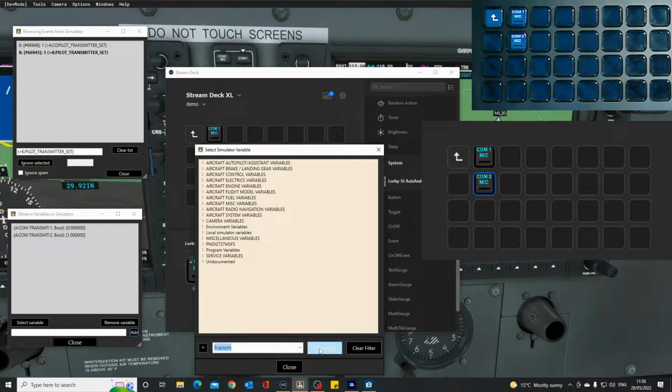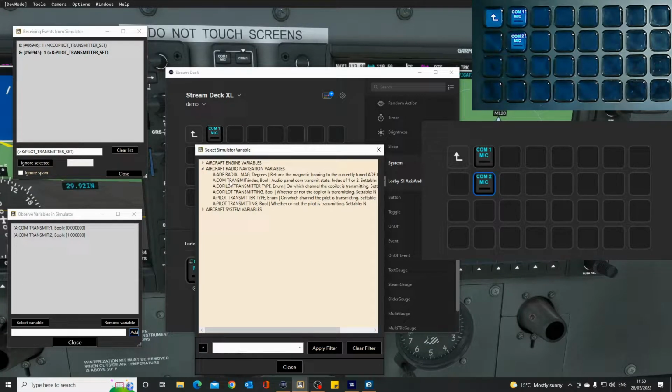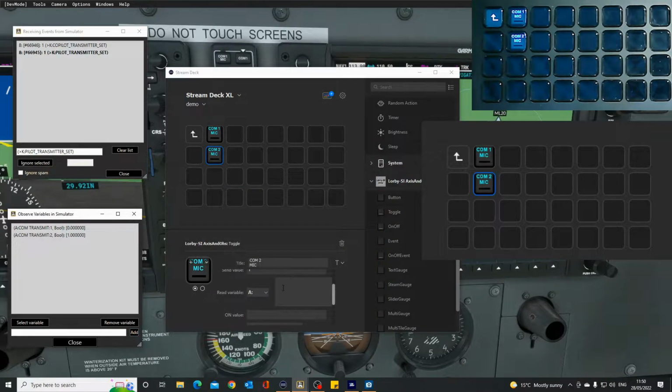But we've got the filter ready, and it's the COM transmit, so right-hand click this time and drop it in there, and it's in the right form, but we need to put the index on here, and this is number 2 that we're looking at,